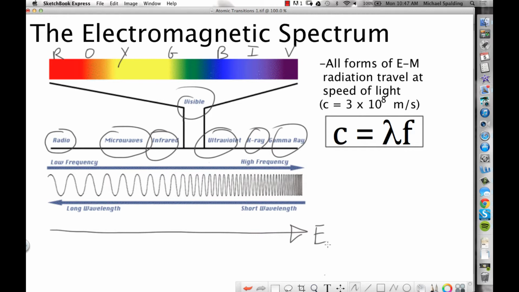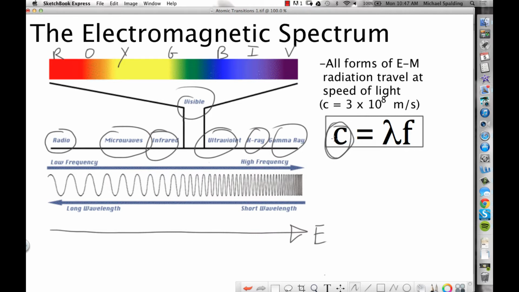All forms of electromagnetic radiation, what do they have in common? Do they all have the same frequency? No. Do they all have the same wavelength? No. They all travel at the same speed, the speed of light. And if it's a vacuum, right? If it's a vacuum, the speed will be 3 times 10 to the 8th, which is this c right here,